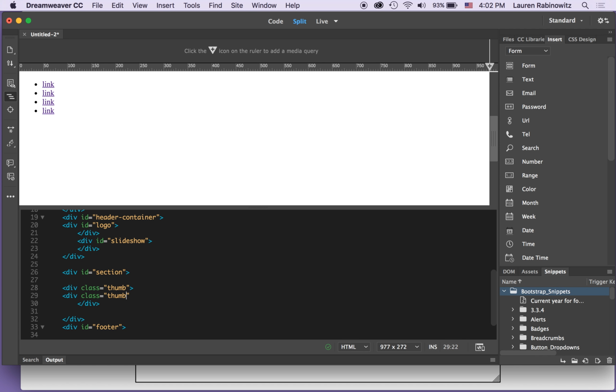Would it be helpful if I put something in there to space it out, hit return, /div. Okay, so HTML code for my page is